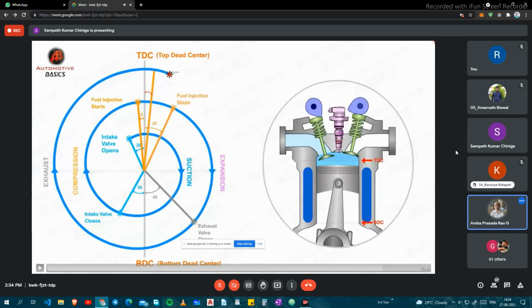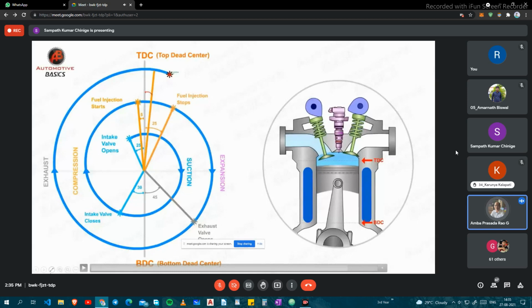Now a point has come here where the exhaust valve will close. So you will now appreciate why the inlet valve has opened. We have to open the inlet valve before TDC, and the exhaust valve will get closed after TDC. What happens if I give more period for the valve overlap? More charge will be lost. What happens if I give less? Scavenging won't be complete. Likewise, there are cases which have been studied extensively.